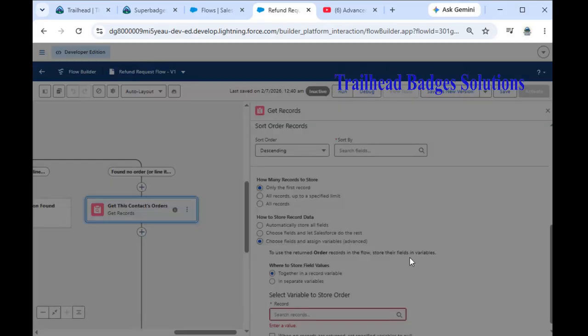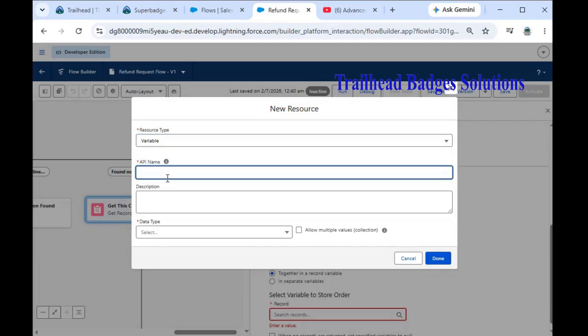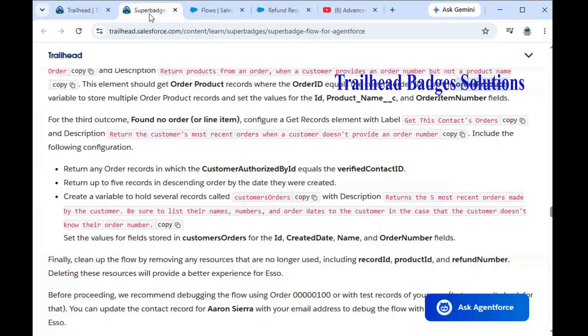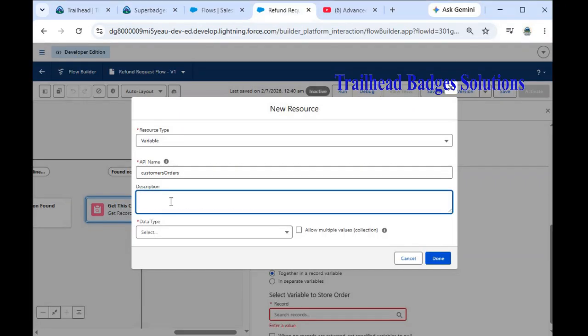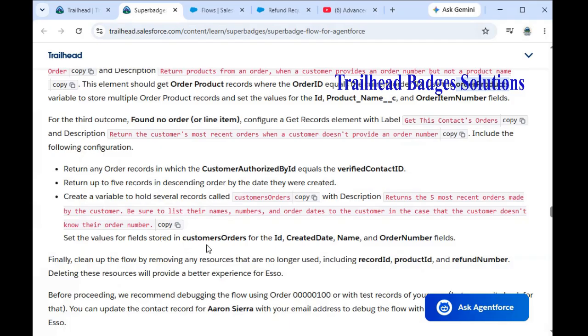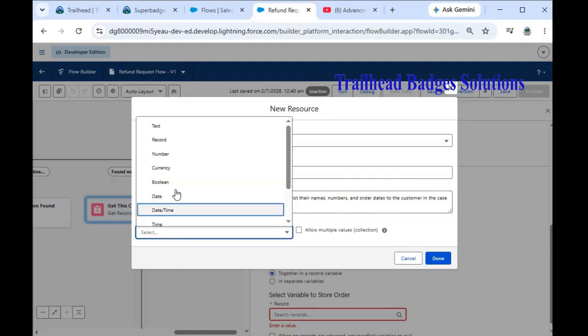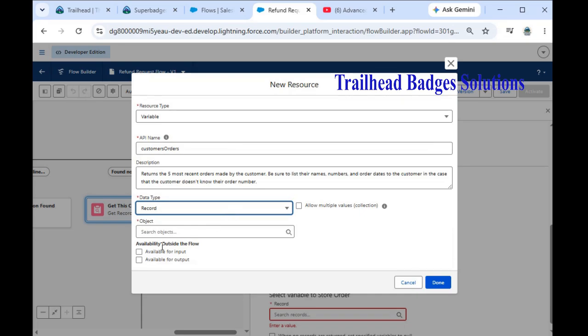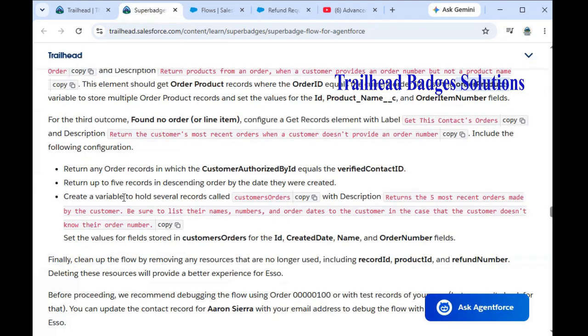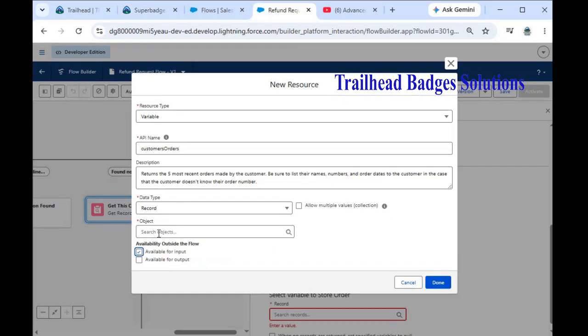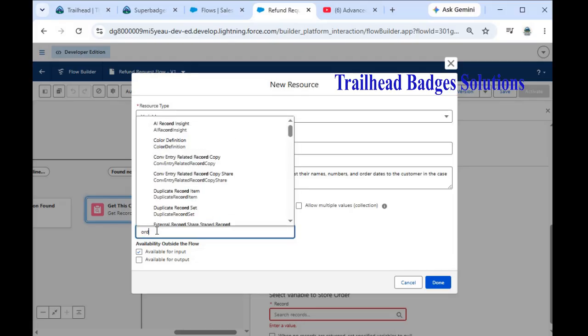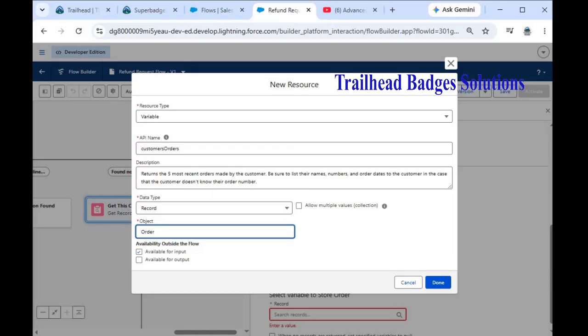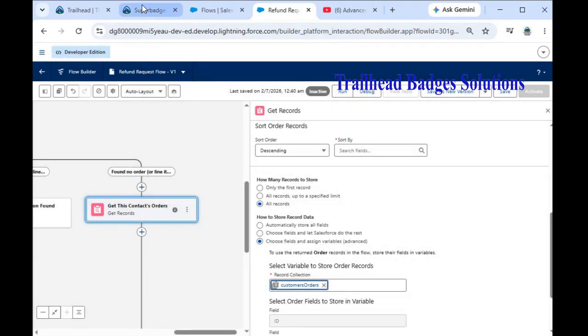Create new variable, variable name, API name, description, the type is record, output, object is order, the order object allow multiple values and click on available for input, click on done, and then